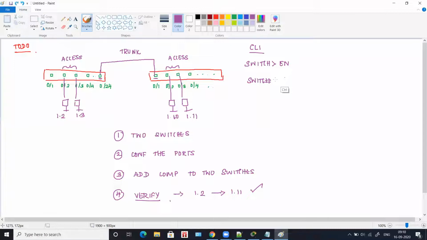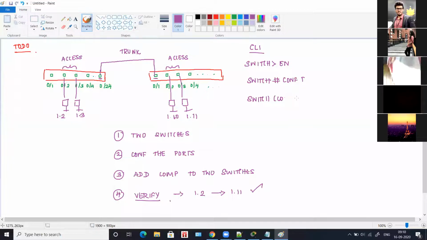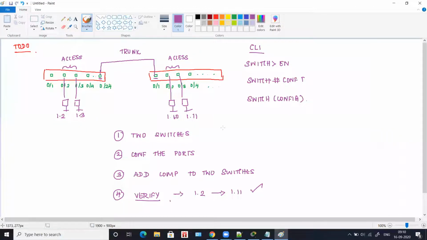Sorry, it's en. So the switch will go to privilege mode, and from privilege mode you have to go to configure terminal. Once you enter into this configuration terminal mode, you're going to assign the port names for these ports.